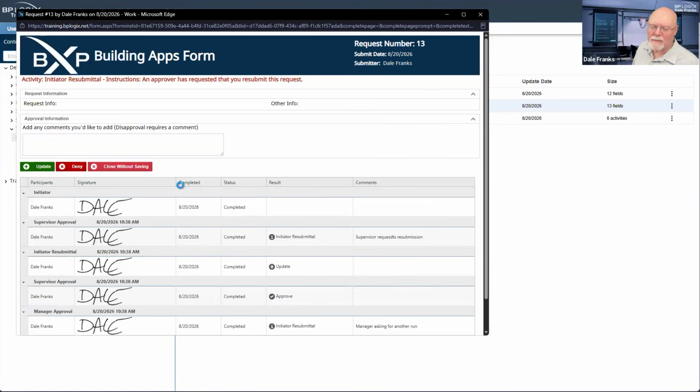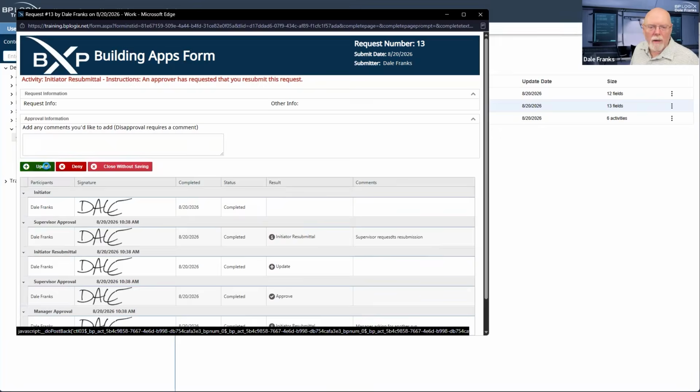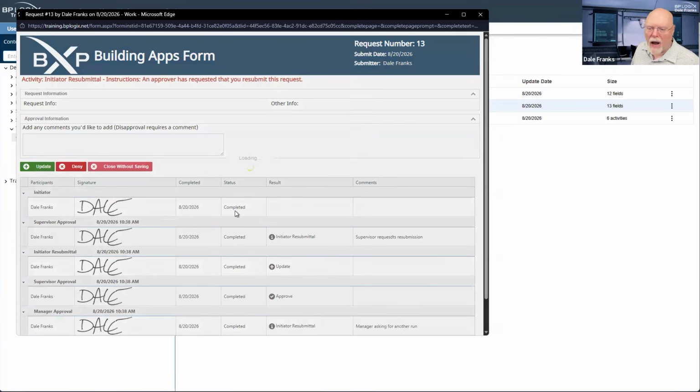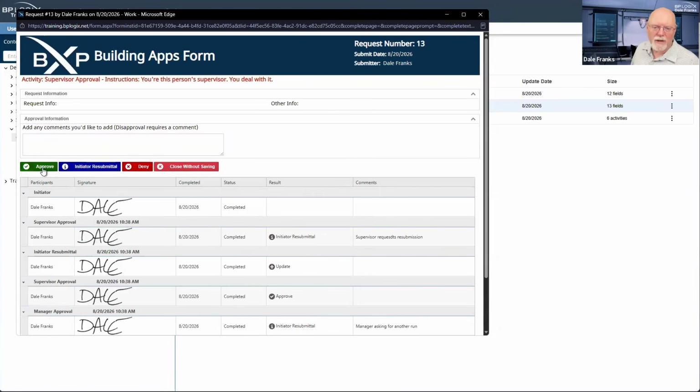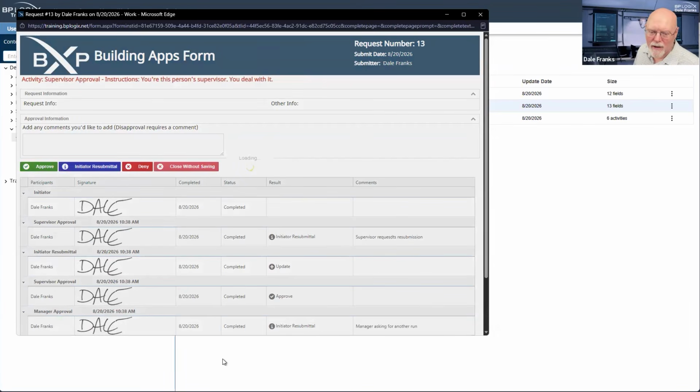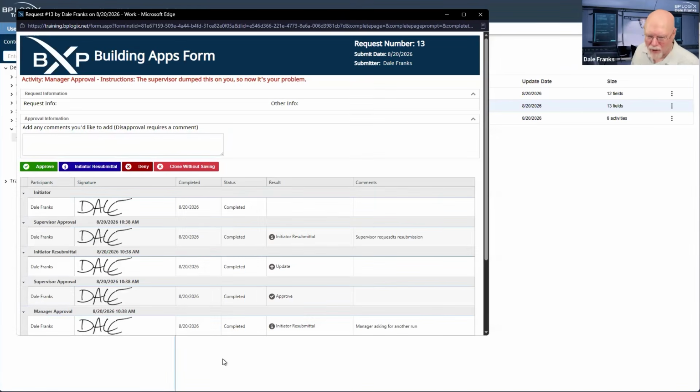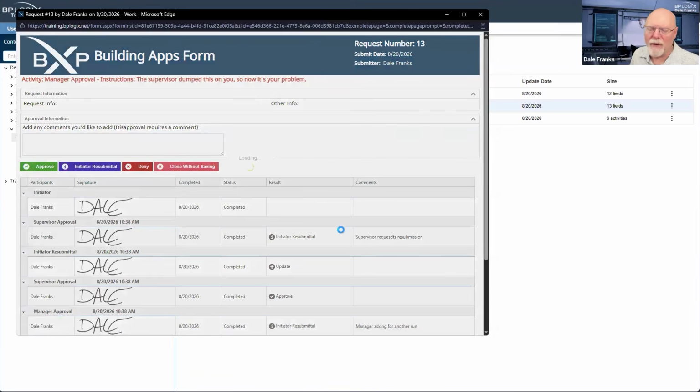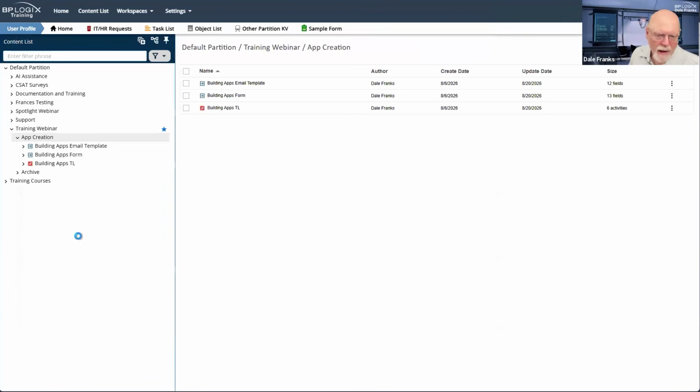And this is, by the way, where testing gets super tedious, because I might have to run through this entire process several times to actually get the results that I want. And so I'm going to do my final approval here, and I should be getting some emails in now.